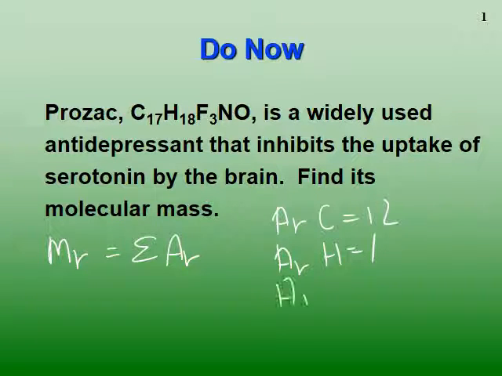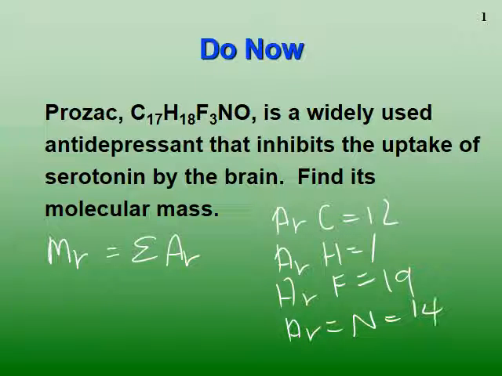The relative atomic mass of fluorine is going to be 19, if my memory serves me correct. The relative atomic mass of nitrogen is going to be 14, and finally the relative atomic mass of oxygen is going to be 16. So our job is to pretty much just add all these numbers up in terms of the molecules. So we'll get